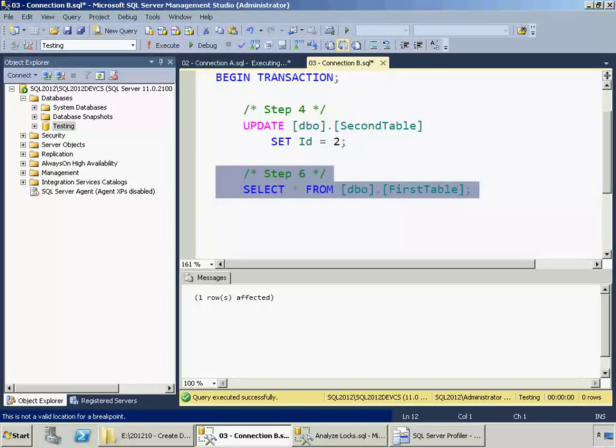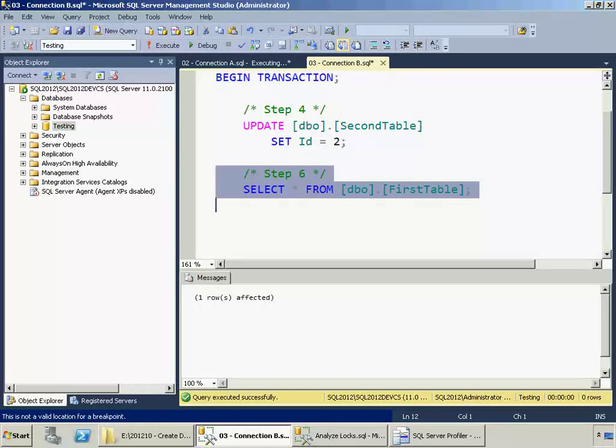This is what creates the deadlock. So the deadlock monitor, which is a process in SQL Server, will pick it up, but not immediately. So what I'm going to do is, after I run this statement, I'm going to quickly flip back to the lock query and run it, and hopefully we can see all of the locks as they are before the deadlock monitor picks up that there is a problem.